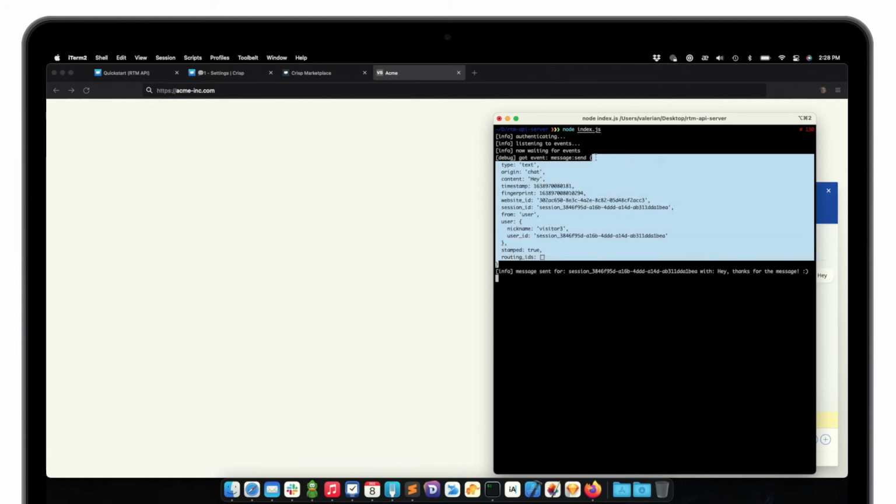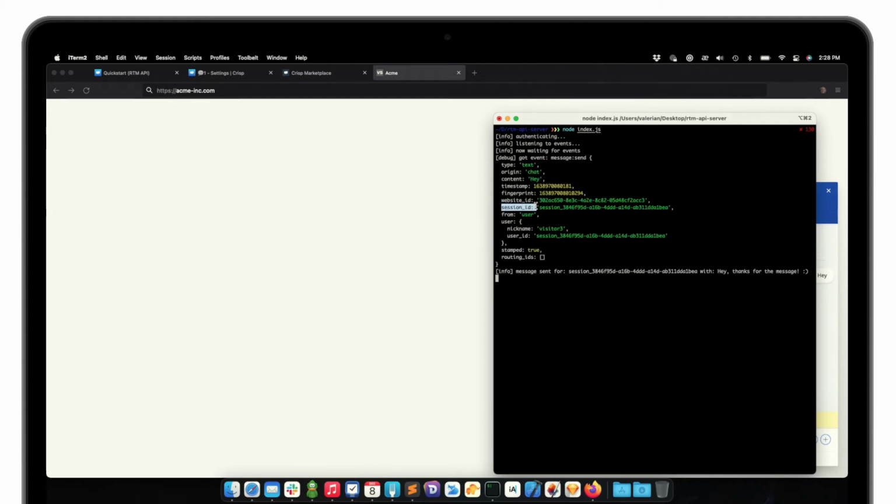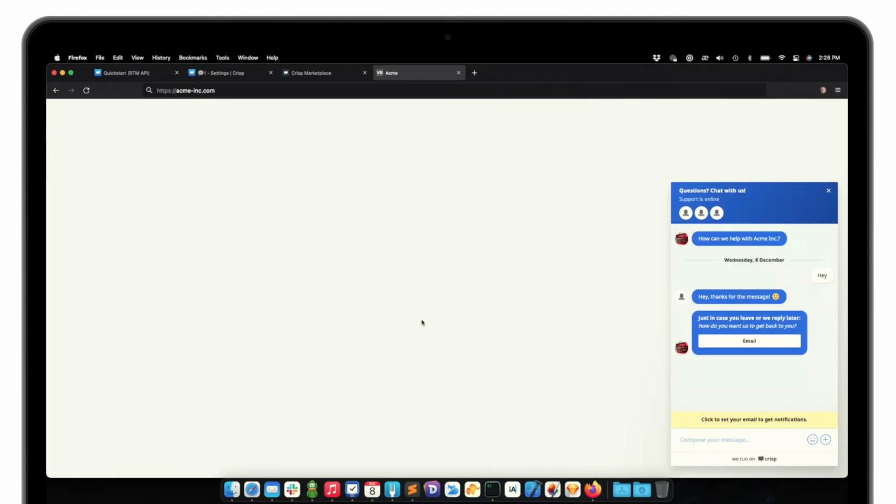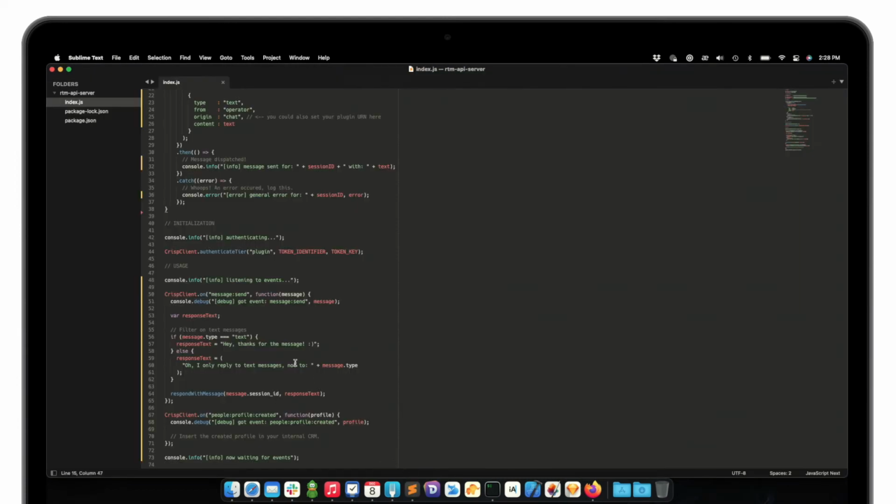So we got notified of the event coming from the chat box. So you can see it has a session ID, which is the chat session ID, the website ID, which is my website ID, and a content, which is hey, which is the message I sent. So I got a reply, hey, thanks for the message, which is actually defined here and sent through the REST